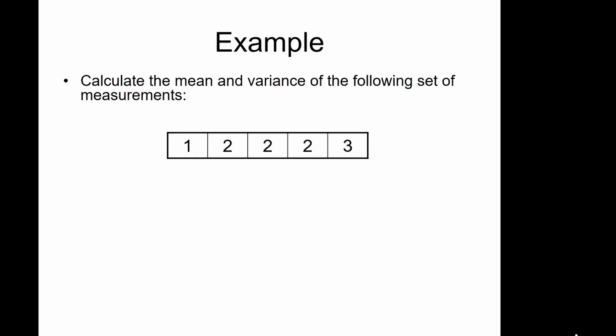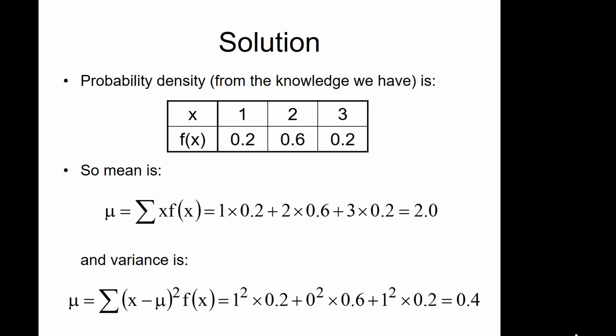So let's look at an example. We've taken 5 measurements of something: 1, 2, 2, 2, and 3. If we add them all up, we can see the average is going to be 2, and then there's a value for the standard deviation. We'll just use the formulas we've just described. So our mean is